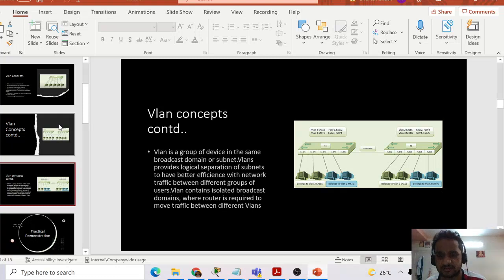Here there is a situation where we need to trunk two switches. Let's say in a building, on the first floor we have one switch and on the second floor we have switch 2. How are they going to interact with each other? In switch 1 there is a sales department on the first floor and also a marketing department. Let's say the sales department of the first floor wants to connect with the sales department of the second floor. We have to create a trunk link so that the sales department can connect from the first floor to the second floor, and vice versa. It should not connect to the marketing department.